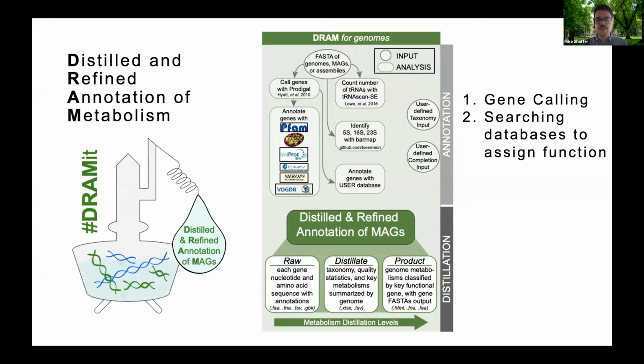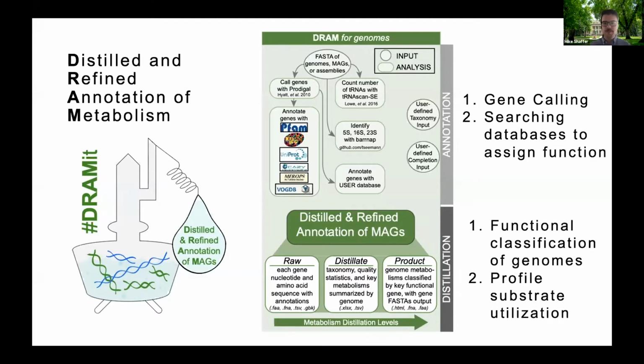In doing this, we can understand all the potential roles of all the genes in each genome. But what really makes DRAM special and separates it from other annotation tools is the distillation process. The first part of distillation is the functional classification of genomes. So we'll go through all the annotations from all of the genomes